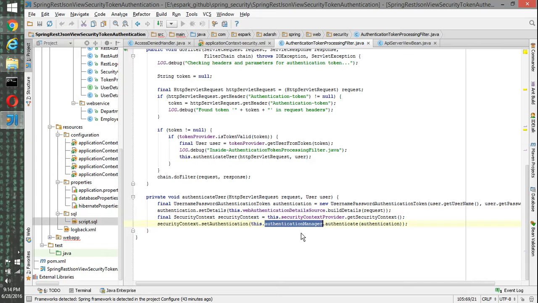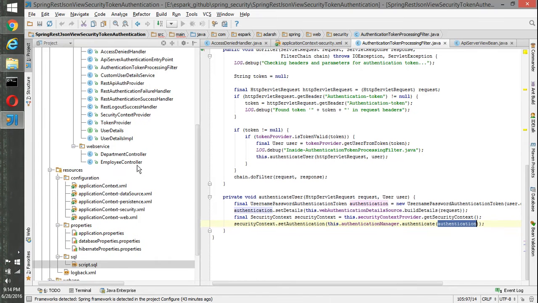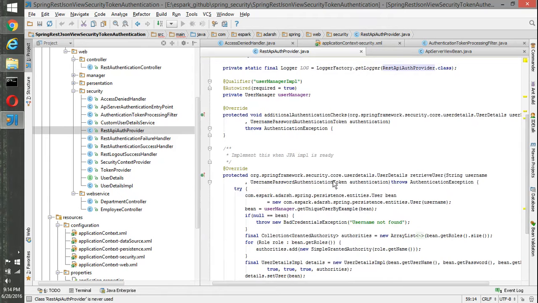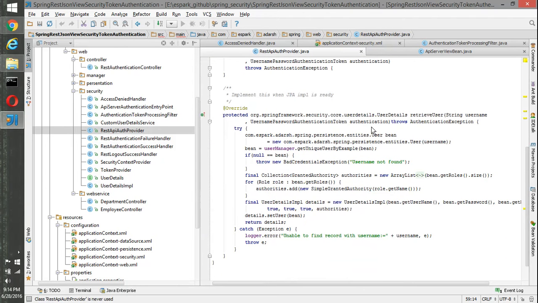Then in the context, we are setting the authentication. So once we say authenticationManager.authenticate, passing this authentication, it calls the provider. Basically, there should be a provider, the REST API token provider. So this is going to be called, and here we'll get the authentication token. By this token we'll get the user object, and again we'll use a user manager to get the user object from that.